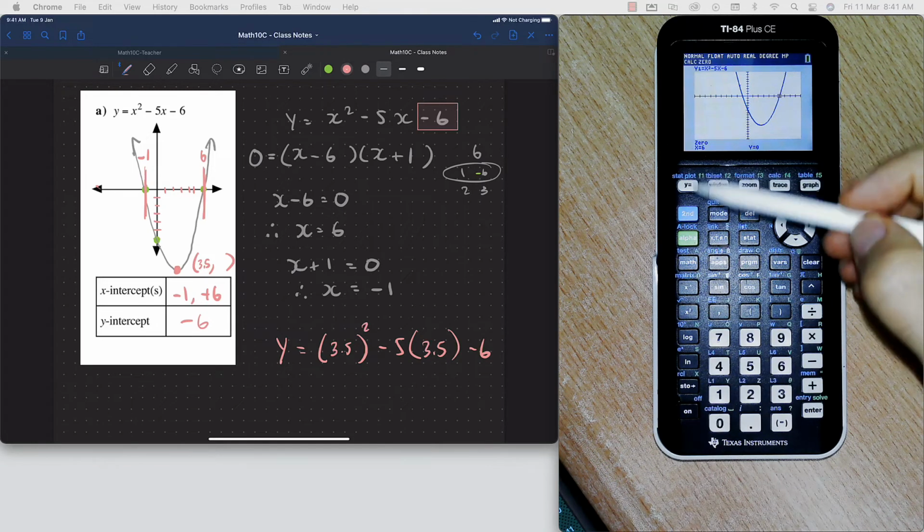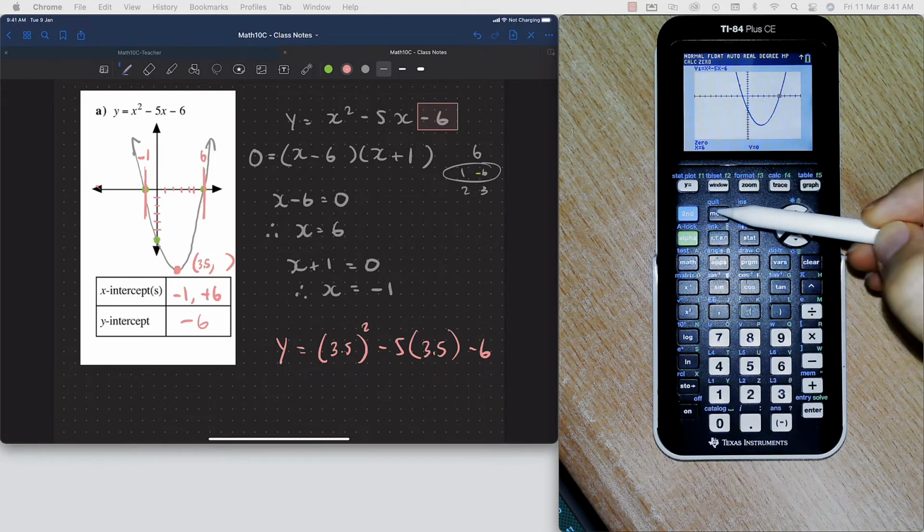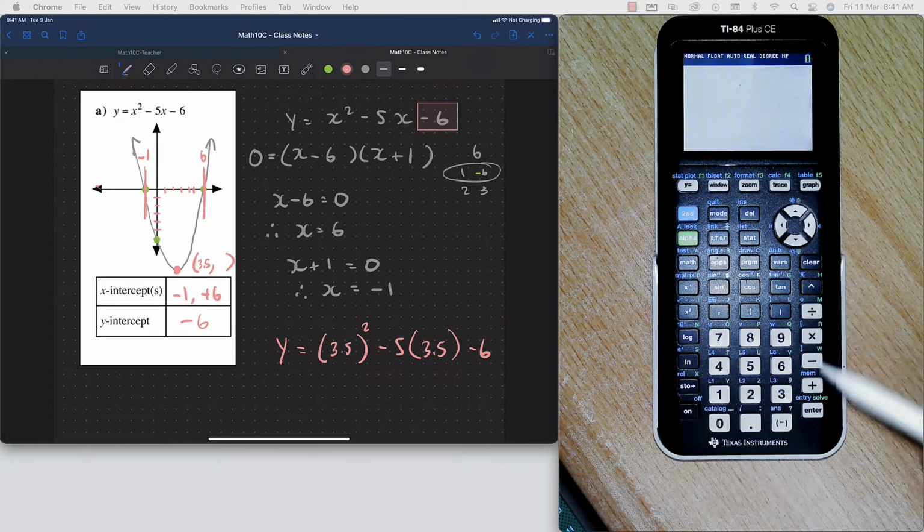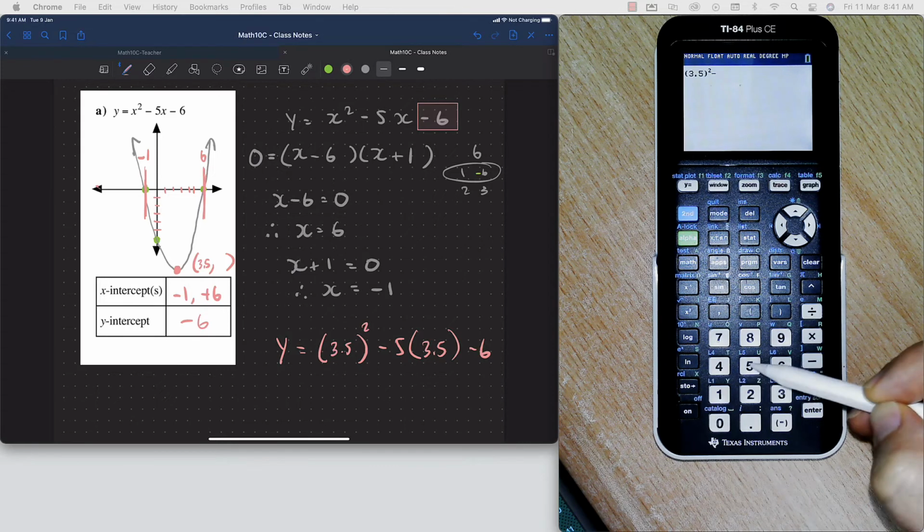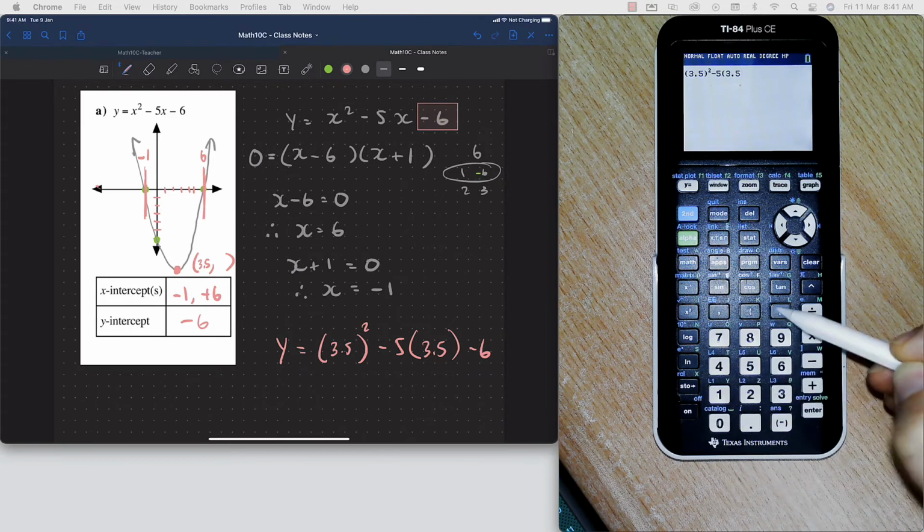So I would just go over to my calculator, and I'm just going to punch it in exactly like I see it. 3.5 squared minus 5 times 3.5 minus 6, and hit enter, and it tells me that would be a